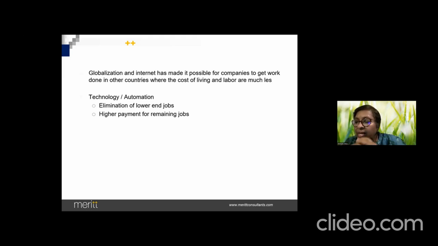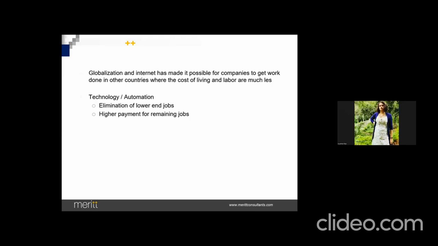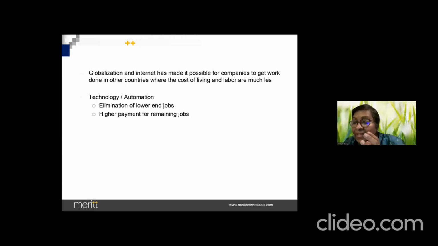What are organizations doing? They are moving work to different parts of the world, right? Wherever you have lower cost. The cost of labor is low, and also you have the skill set at lesser cost. That's what they are doing. And this is possible because of the technology. So technology actually has revolutionized the work. In terms of job mobility, pushing a job from a high cost to a low cost location is possible only because of the technology.